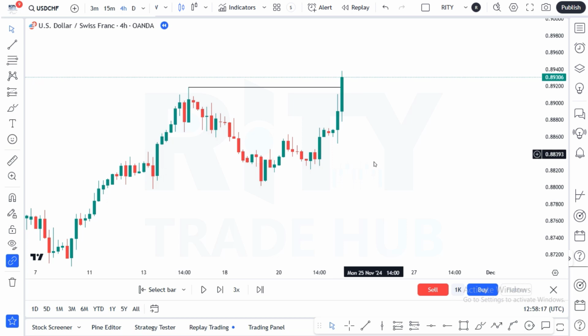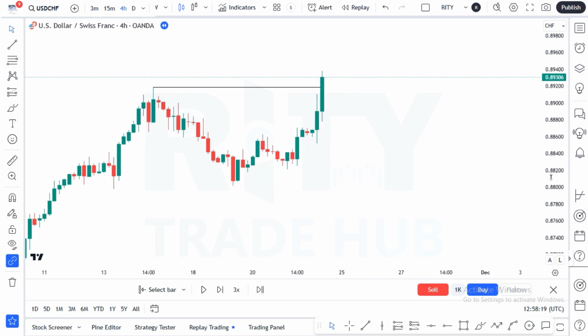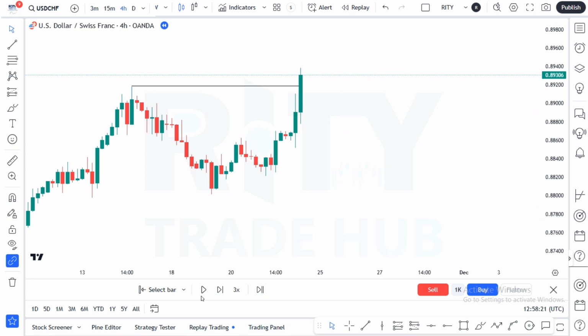Assuming this is our chart in real time, let's take a look at how to approach it effectively. I'm going to play price forward. This is where your patience comes into play. Assuming you're still on this trade, you're observing your higher time frame alongside your lower time frame. So let's play price forward and see how we could get a signal for price behavior that will indicate a